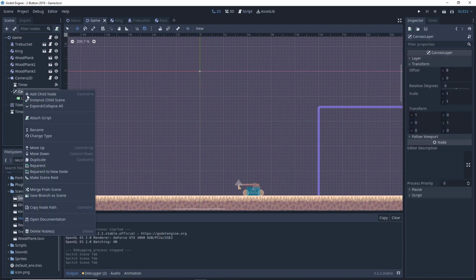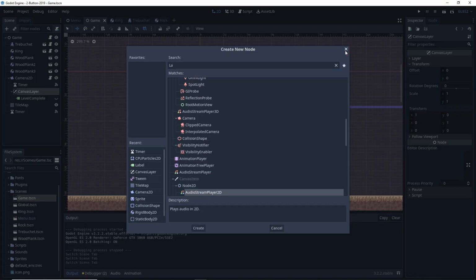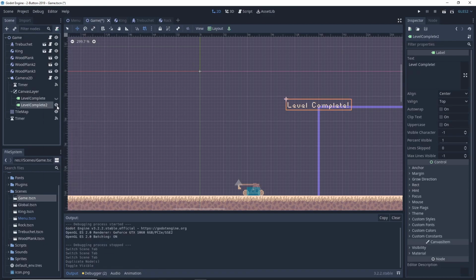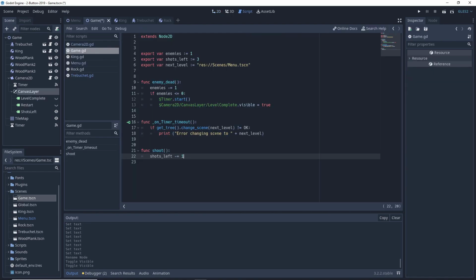Okay, let's add a label to this duplicate. No, we won't even duplicate. Add child node label. No, we will duplicate because we're lazy. Level complete over here. Shots left. Game shots left minus 1. If shots left less than